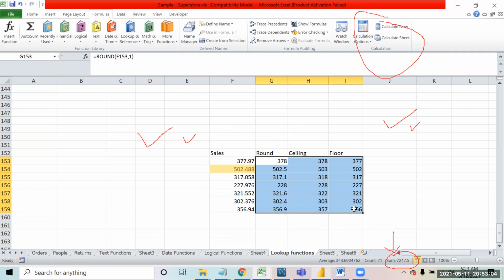So if your Excel takes a lot of time, I will put it in manual mode. I will apply all my formulas, then I will ask Excel to calculate, so that I don't have to keep sitting after every formula for 10 minutes. I will apply my formulas, click on calculate, and all the formulas will be calculated in one go. That way I will be saving my time. Making sense?